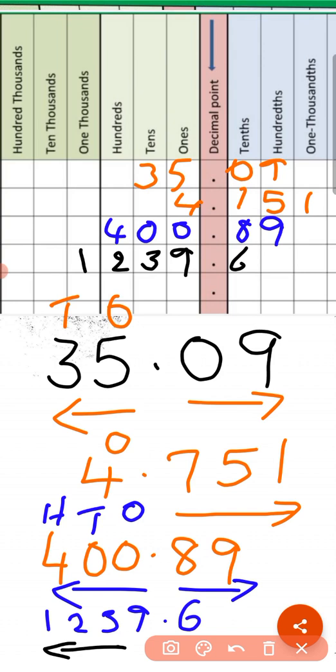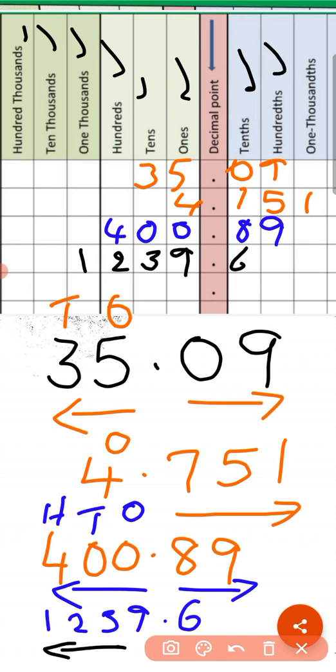In the whole number part, the places are ones, tens, hundreds, thousands, ten thousands, hundred thousands, and so on. It will continue. The places in the decimal part are first place tenths, T and THS, second place hundredths,